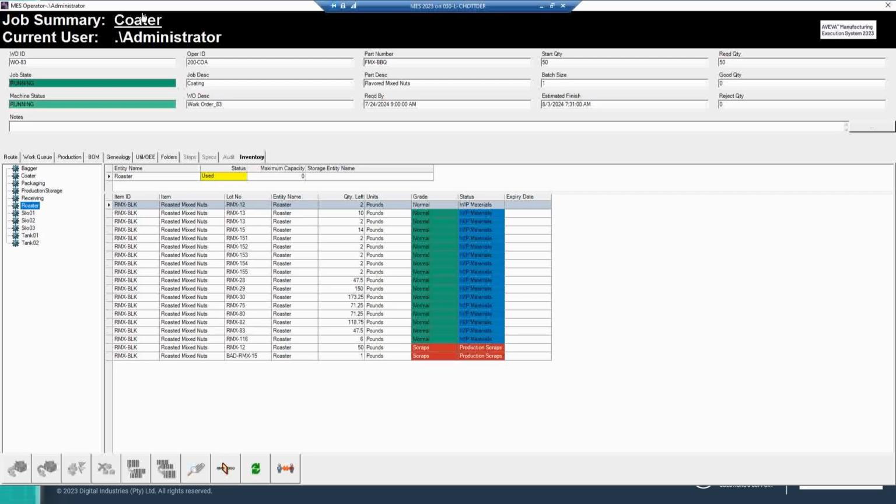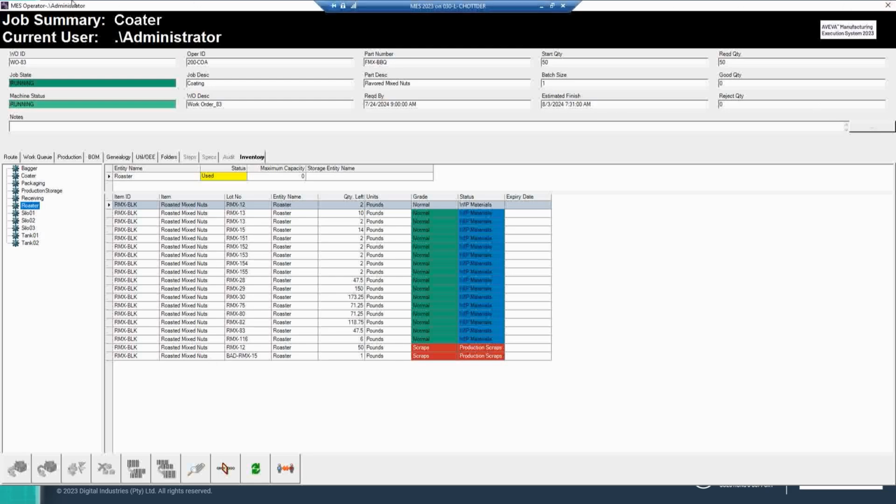Okay, so this is an example of the MES Operator. We've also got some .NET controls that you can embed in your SCADA application. If you're running either InTouch or Viva or My, you can embed these .NET controls so you can run the MES Operator from within the SCADA application.